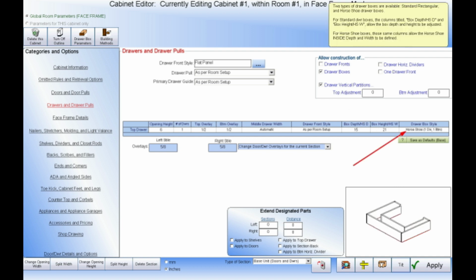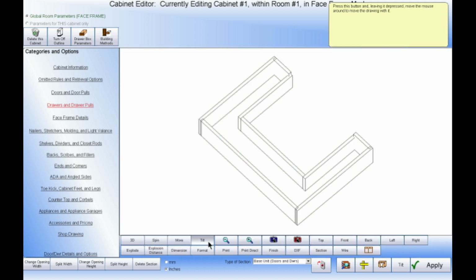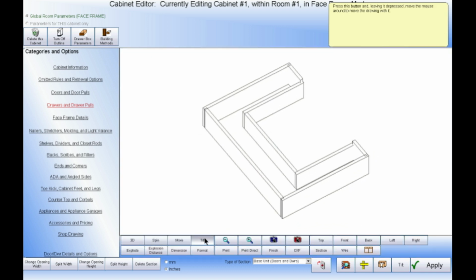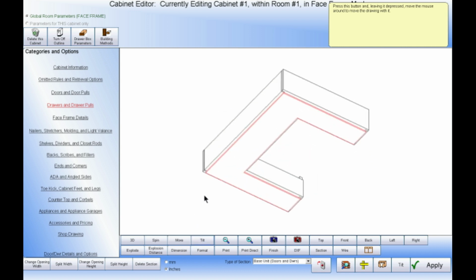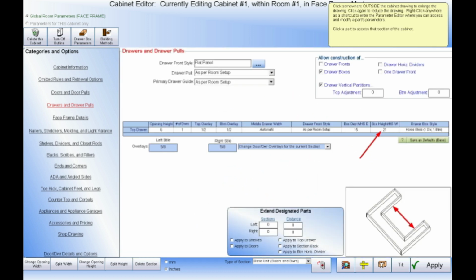If we click this field once, our standard drawer box will be replaced by a horseshoe drawer box with one continuous division and one bottom. Here we have one continuous section as our drawer box with one continuous bottom. The width of the space in the middle of the horseshoe is defined per drawer, which in this example is 21 inches. This field has changed its meaning when making a horseshoe drawer box and no longer controls the height